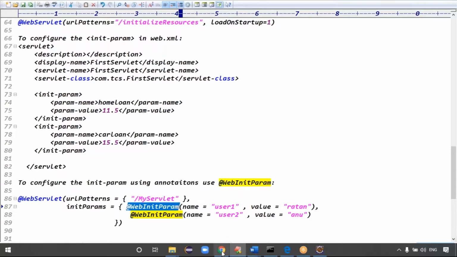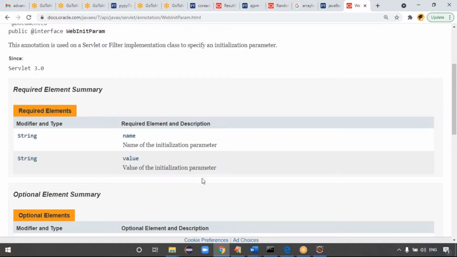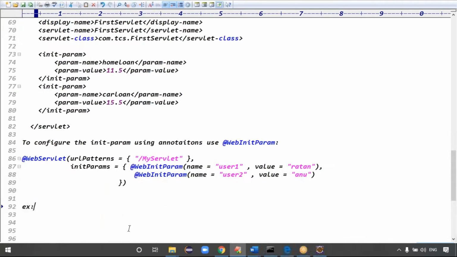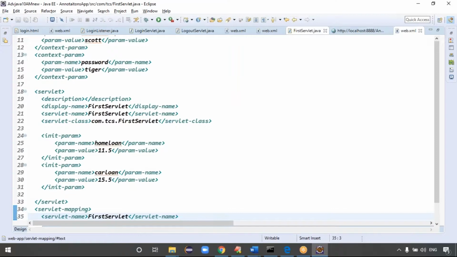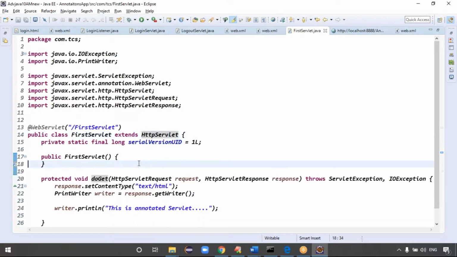WebInitParam contains name and value only. If you want to execute this code, no worries, I'll execute it. Take the first servlet example.